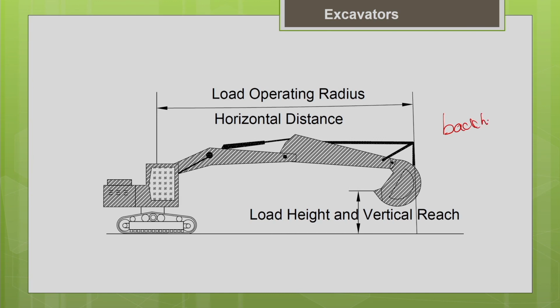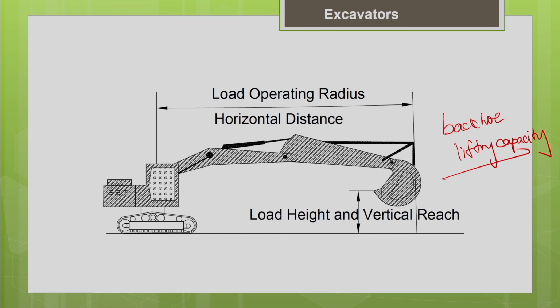So, when they provide the lifting capacity for the backhoe, they will give you a complete chart. This is because the backhoe also belongs to the crane family. So, all these operations and the analysis are somewhat similar to the crane. You can see that based upon the operating radius, the lifting capacity of the machine will vary.